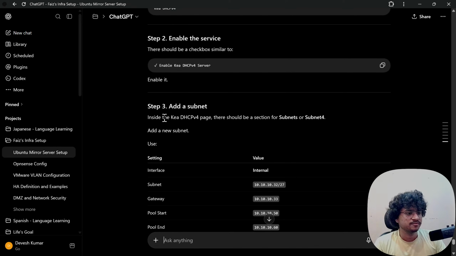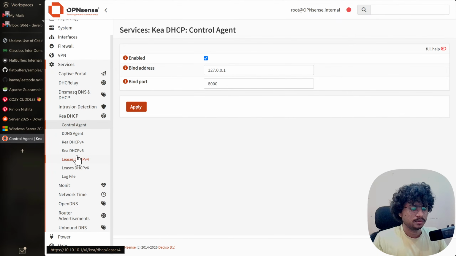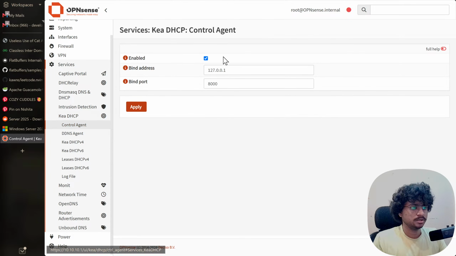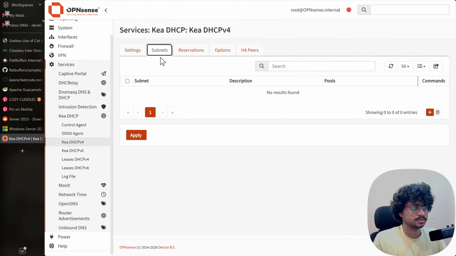Inside the Kea DHCP page, there should be a section for subnets or subnet 4. DHCP 4. Maybe I enabled something. Something's wrong. Kea DHCP 4 enabled, subnets.